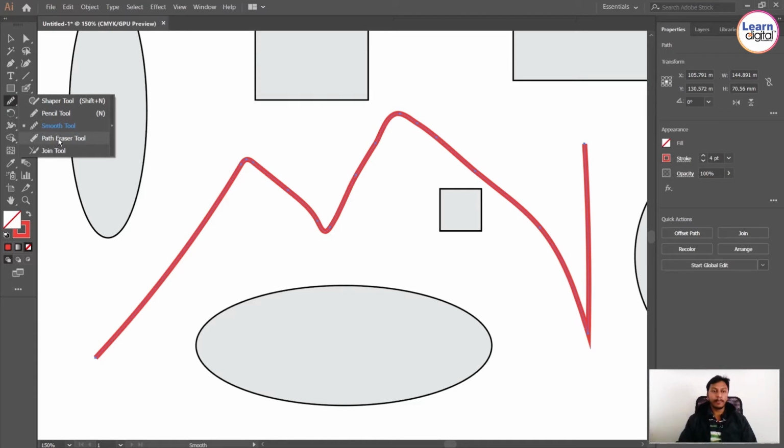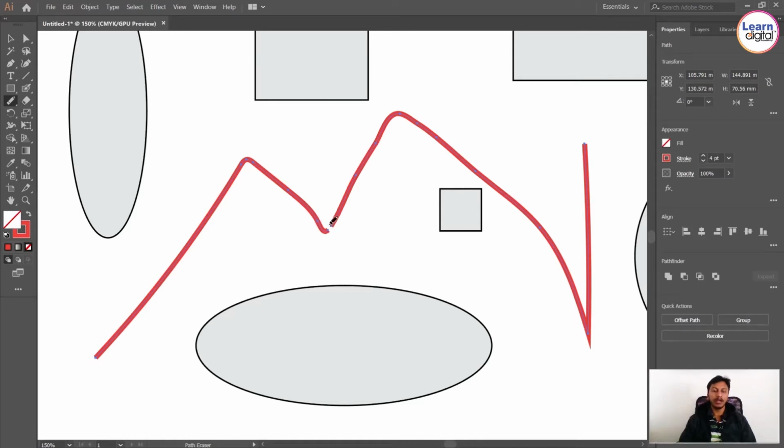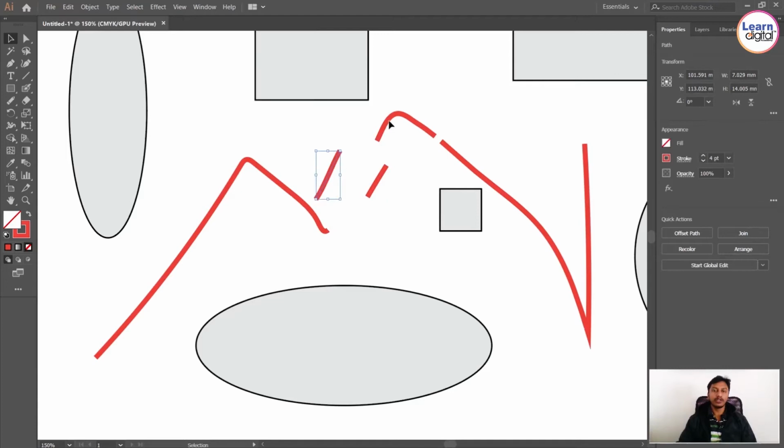The next one is the path eraser tool. The name itself specifies path eraser. Path eraser means the things which we have created with the help of the brush or pen tool, we call that a path. For example, I am erasing over here, and you can see this area erased. Now if you want to erase over here, like this. You need to erase in particular places only. Now with the help of the selection tool, you can move individual pieces, because we erased a few paths, which means there is a disconnection in the continuity of the path. So you can use the path eraser also.